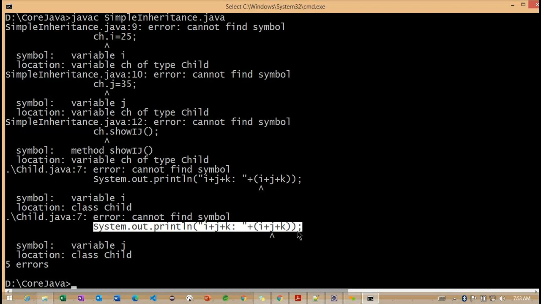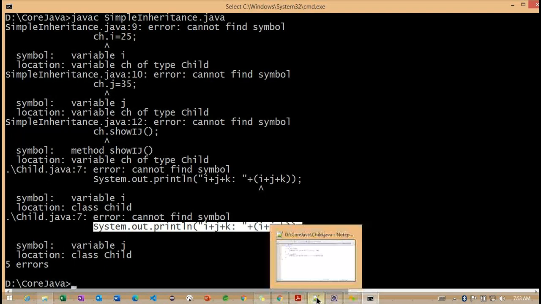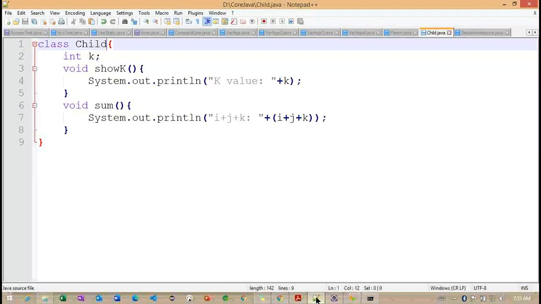Getting the point? Now what do you understand here? Whenever we use this extends keyword, whatever information we have inside the superclass, we can access in our subclass here. So this is all about the parent-child relation.